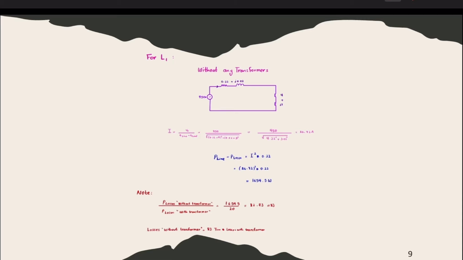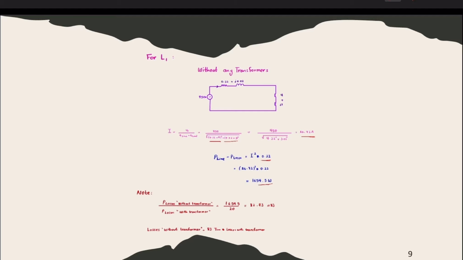Now we're going to find L1 without any transformer. So we're going to use this equivalent circuit, and I is equal to Vs over Z line plus Z load. So we're going to substitute Vs, which is equal to 415 over the absolute value of R plus L. Now we're going to get the value by using the calculator. So P line is equal to P losses equals I square multiplied with R, which is equal to 0.22. We're going to use the calculator to get the values, which is equal to